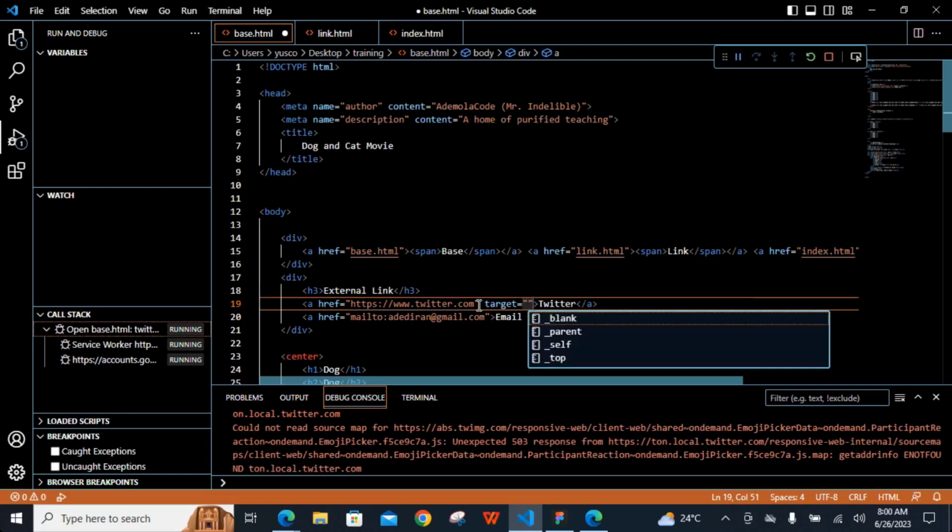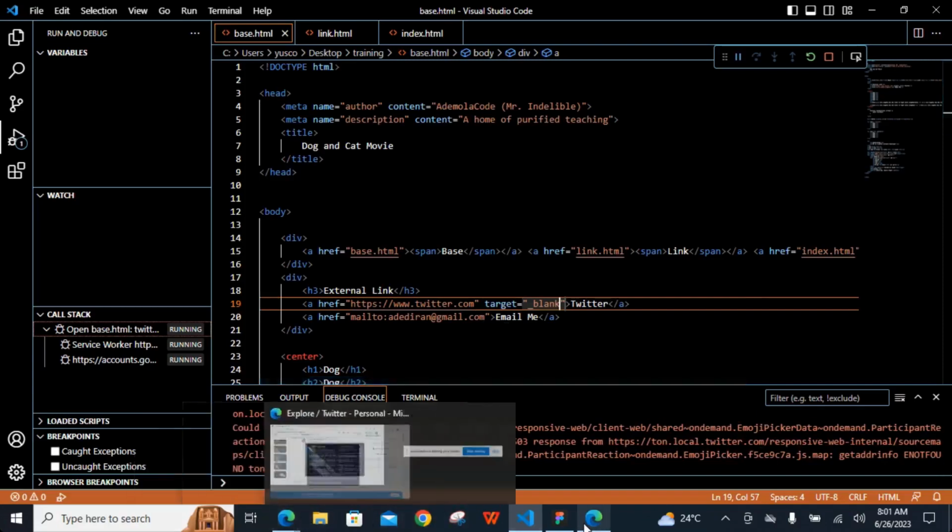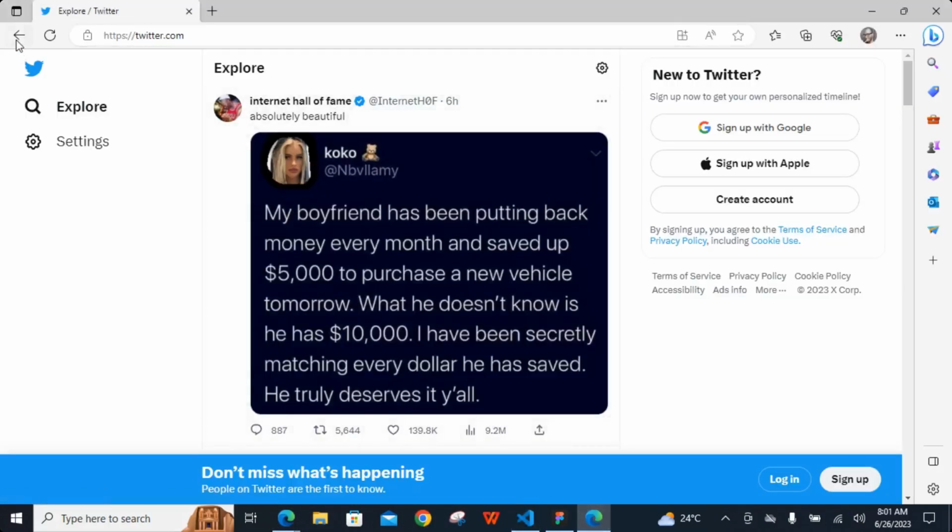So when you use blank, it's going to open a new tab when you click on it. When you use parent, it's going to be within that website. Then when you use self, it's going to override your website and other ones. So let's try it one after the other. Let's use blank first. Before we try out the blank, we need to go back,